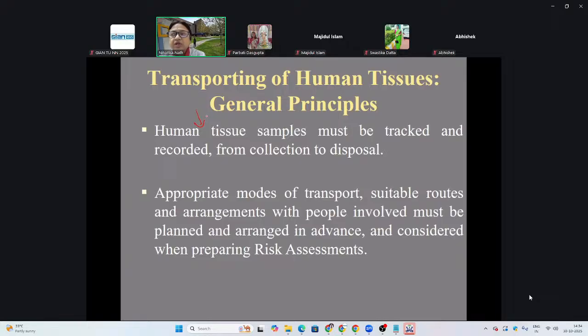So everything has to be done in a respectable, ethical, and risk-free method. The methods of transport of the tissue have to be appropriate. We're not going to go into the details, but I thought I'd put that in. And everything must be tracked. Nothing can leave